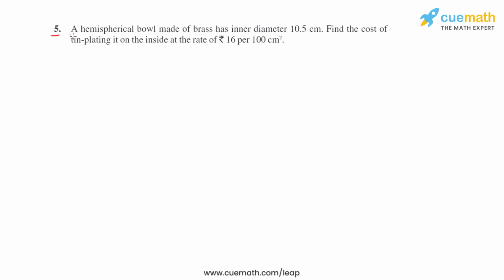In the fifth question, it says a hemispherical bowl made of brass has inner diameter 10.5 centimeters. Then we have to find the cost of tin plating it on the inside at the rate of rupees 16 per 100 square centimeters. That is the rate of tin plating. For 100 square centimeters it is rupees 16. Then we have to find the total cost of tin plating it from inside, and the inner diameter is given